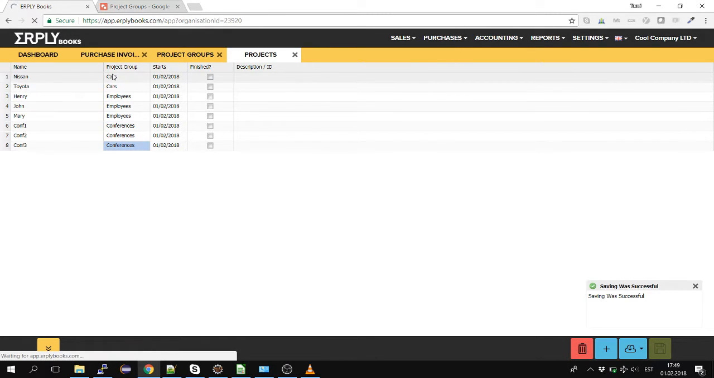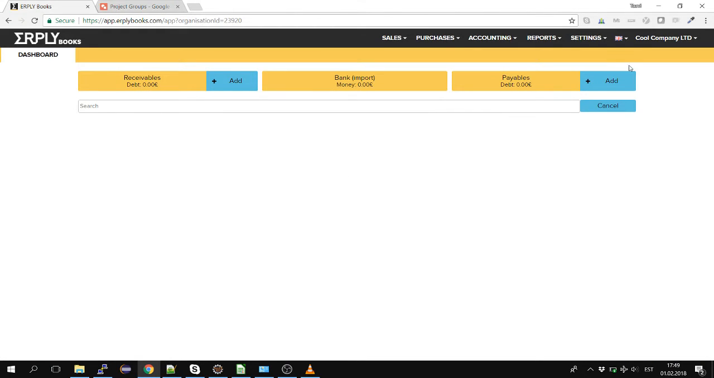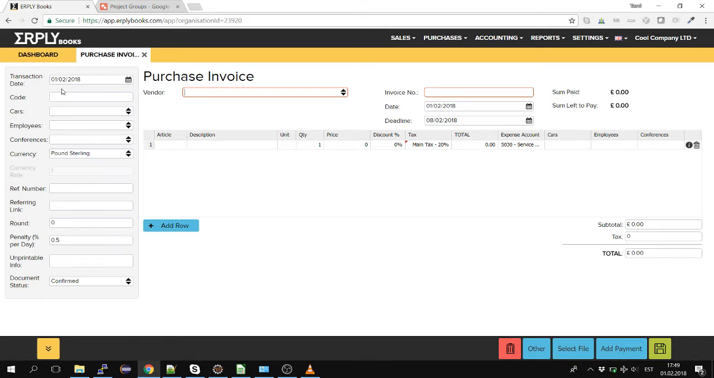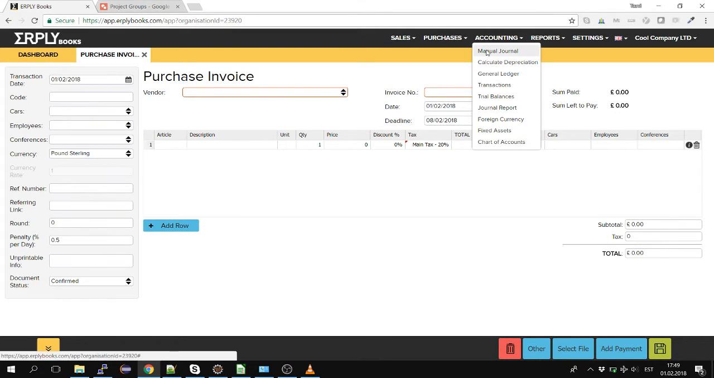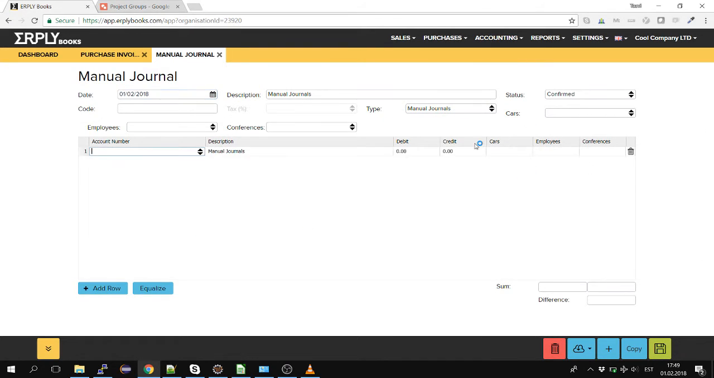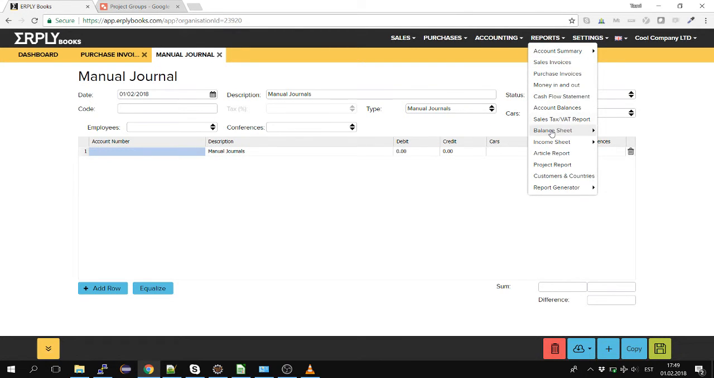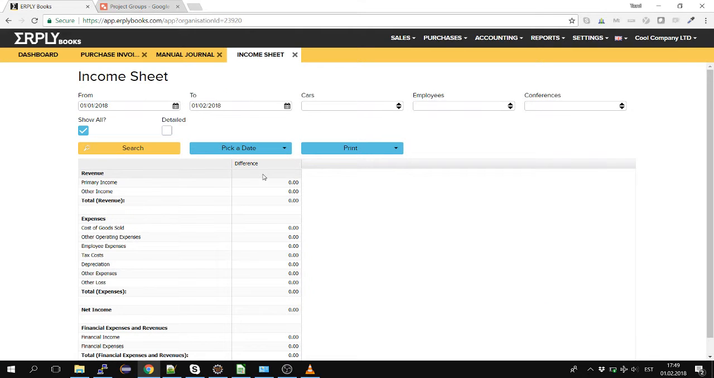And now when I refresh the page, then what I can see is that wherever I go, I have a separate field for cars, employees, and conferences, meaning that I don't have to select them from one list. Also, you can see them in here in the invoice rows. The same thing you can see in manual journals. We have 3 separate columns over here. And also we can see them in reports. For example, I go to profit and loss statement, and here I can see also these different